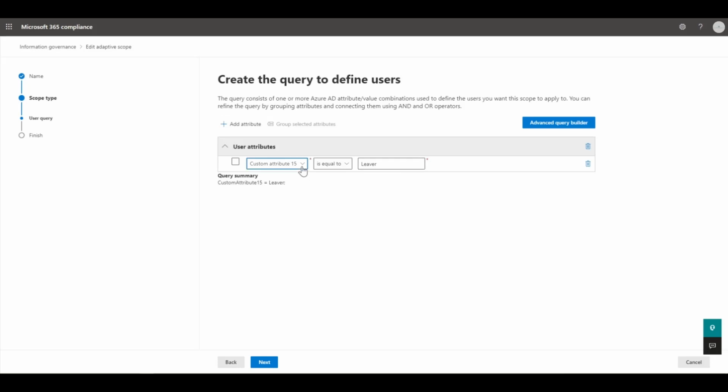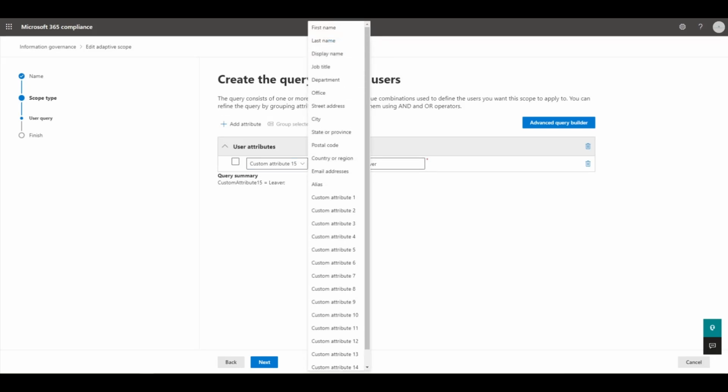This also goes through for a number of options within here. As it states here, first name, last name, display name. Country and region is one of the ones that I see being frequently created because there are different regulatory requirements or different data sovereignty laws in different countries and continents, whatever the case may be. And then you can actually map that back to this particular attribute here. So you can have somebody within Germany using this and they will get the German retention period, or somebody within Switzerland or in Japan to get that particular region and that particular region's retention period,